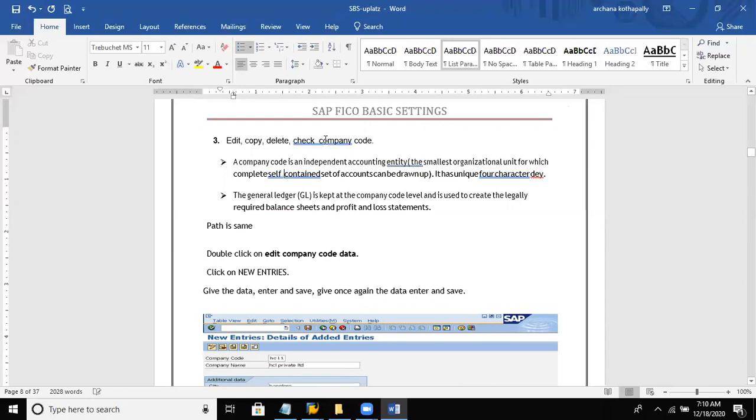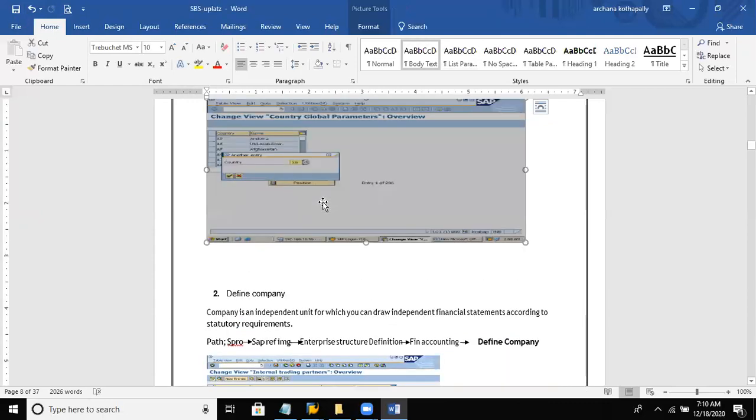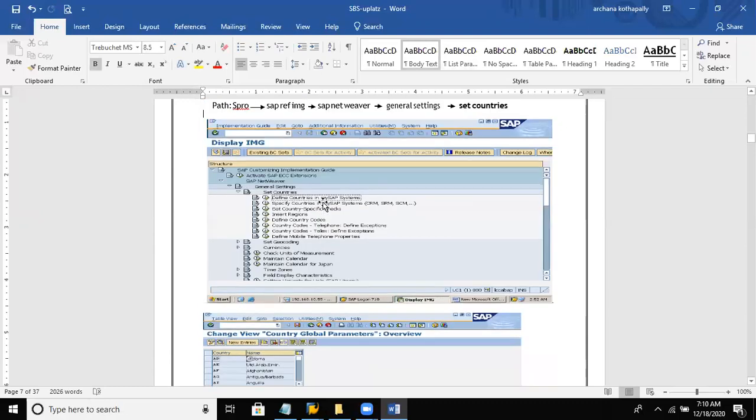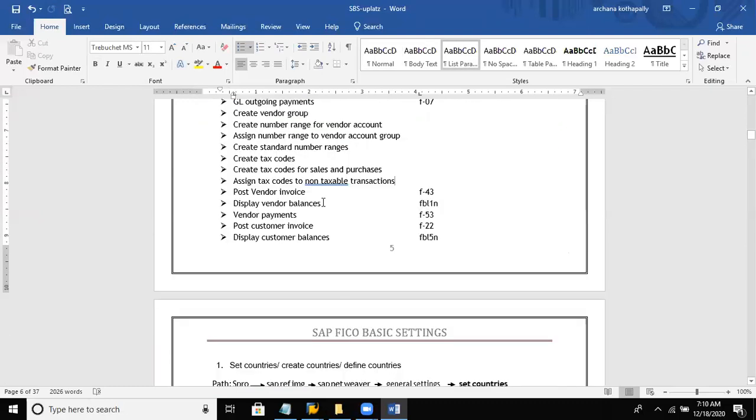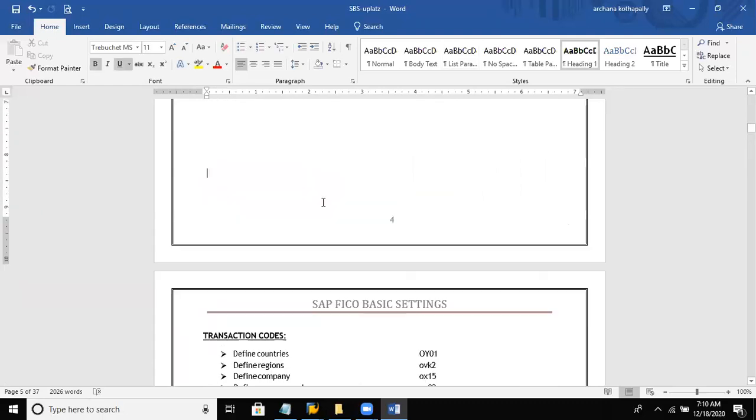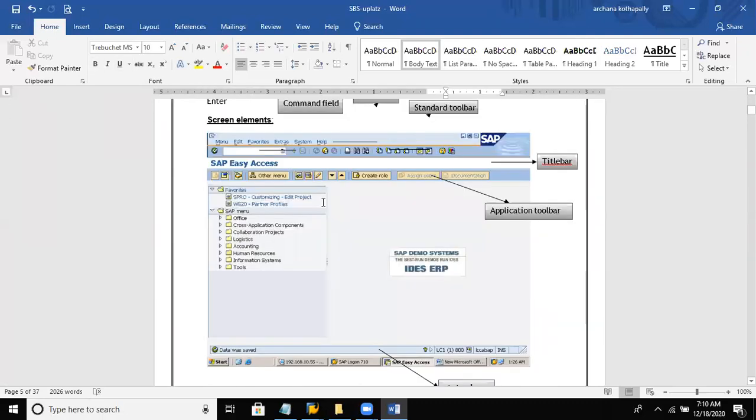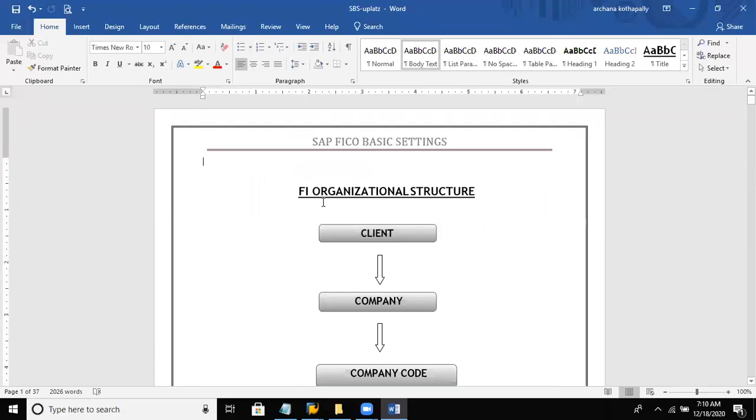We have assigned our company code for all the functional modules. We have assigned it for HRM, for logistics, for materials management. For all the different submodules, we have assigned our company code. So we create it and assign. And in the very first step, we have created our company. So company creation is important. Setting country codes is important. All this we have done, and this is all about the theory part which we have done.